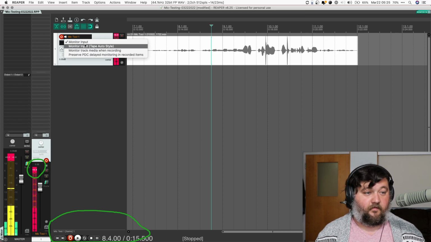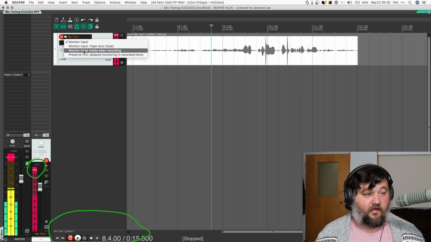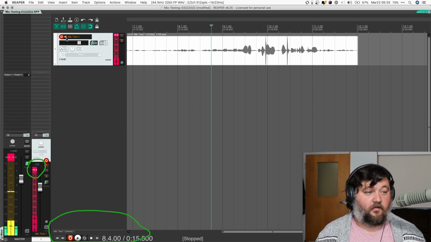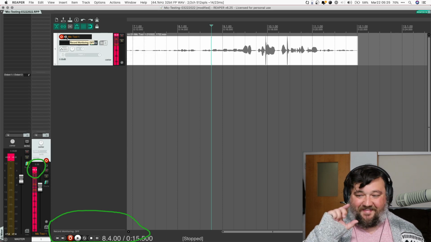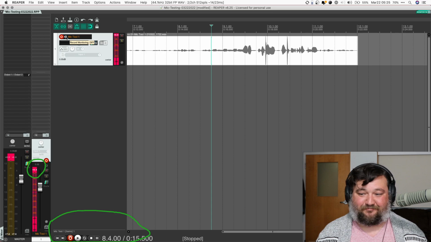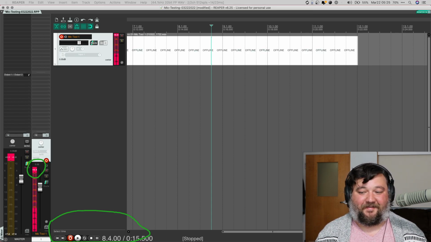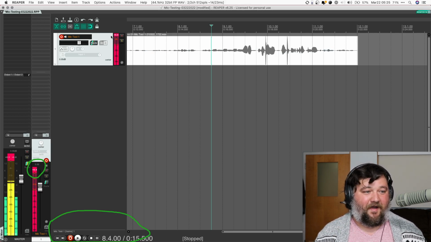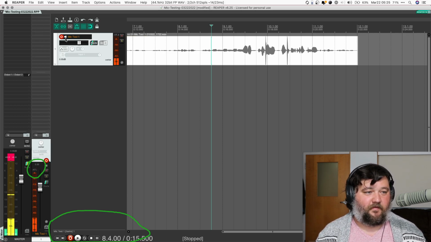There's monitor input, monitor input tape auto style, and monitor track media when recording. If this is white, then it monitors directly back through the audio, and you can hear it in your headphones. If this is red,